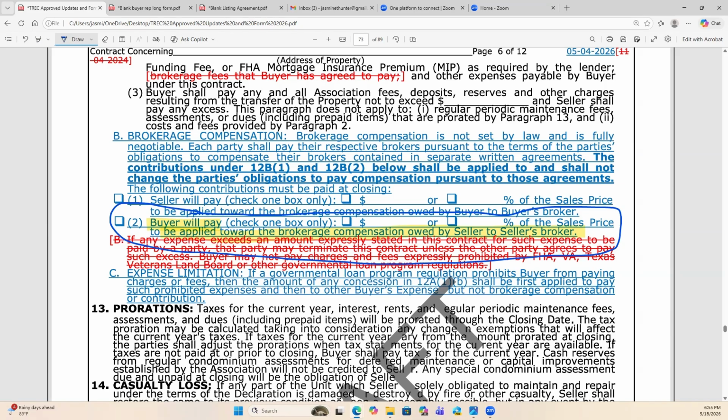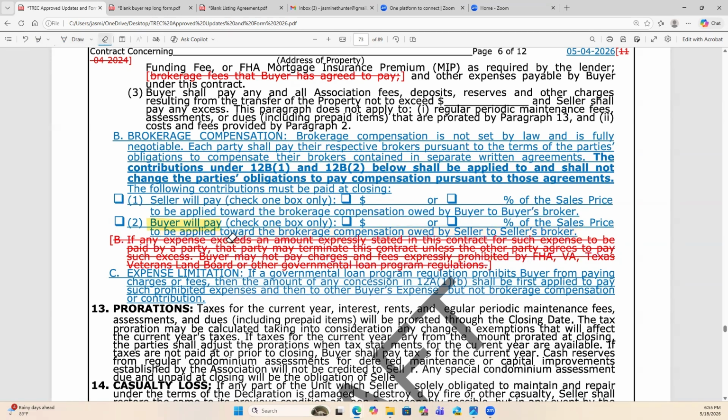So that would mean, again, I'm leaving the first box blank and I'm going to follow my buyer rep agreement. If they fail to pay, or if they do not pay all, then my buyer is going to pay me. So my buyer can pay me and the buyer can pay the listing side if they want. It's whatever you negotiate. I just wanted to be very clear here with you guys how negotiable this really is.